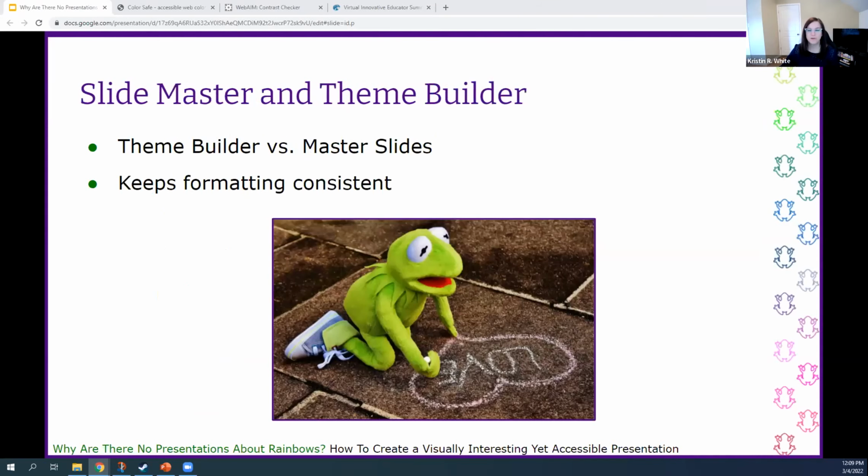So the first thing to think about, because this is a starting point for most presentations, when you're building your slide deck, you should actually be starting with your master slides or theme builder. In Microsoft PowerPoint, this is called master slides. In Google Slides, this is called theme builder. This slide deck runs in the background of your program. So it's already populated with all of the formatting, and this helps you to make sure that your slides are